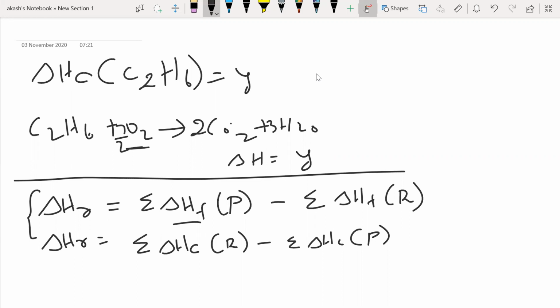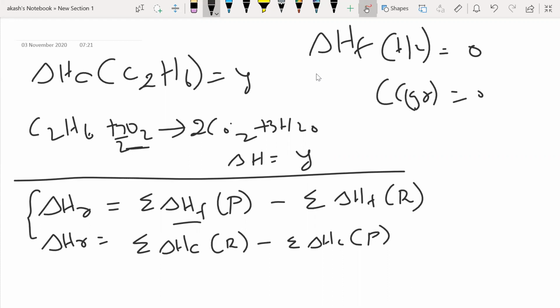So what I mean by that, for example, if someone asks you what is the enthalpy of formation of hydrogen, the value would be 0. Same way, enthalpy of formation of carbon graphite, if someone asks you, again it will be 0. O2, same way, will be 0. Sodium, again, the standard state of sodium exists in elemental form, so enthalpy of formation of sodium is 0. So if you find elements in their standard states in any equation for that matter, the value of enthalpy of formation for them is 0. This you have to remember, people. Is that okay? So now we'll go for these two examples.